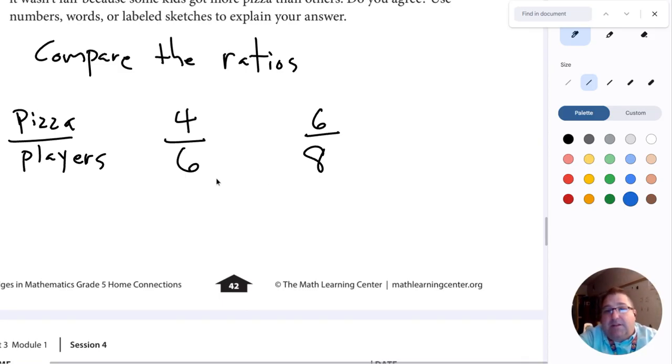Let's get a common denominator. Well, 6 and 8. Well, 8 can't stay. 8 plus 8 is 16. That won't work. How about 24? Yeah. So if we write these as something over 24,